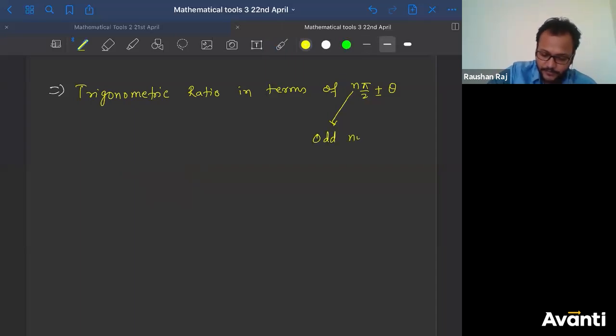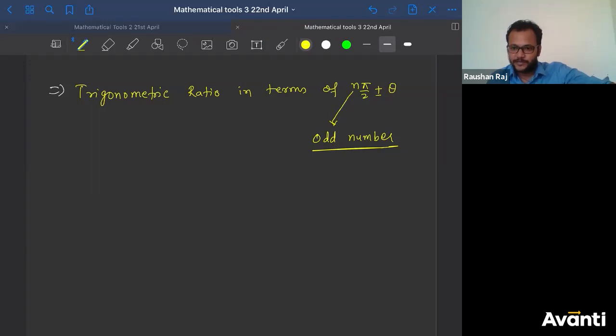So here in this case, n will be what? Odd number. क्या ध्यान रखना है यहाँ? So n will be what? An odd number. तब काम करेंगे. If that is even number, that is nothing but in the form of n pi plus minus theta. But if this is odd number, that means pi by 2 plus theta, 3 pi by 2 minus theta, 5 pi by 2 plus theta, ऐसा करके 7 pi by 2 minus theta, 9 pi by 2, 11 pi by 2, 13 pi by 2, like this. So what if we can convert an angle into this form? How we are going to solve this? So देखो ध्यान से देखना क्या करना है.